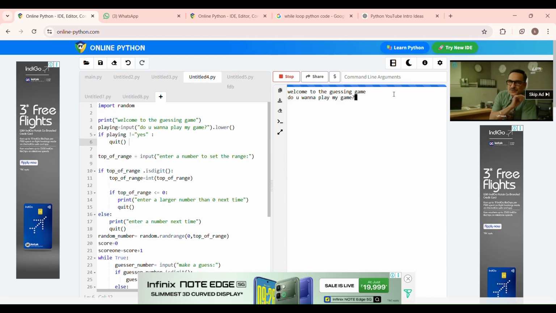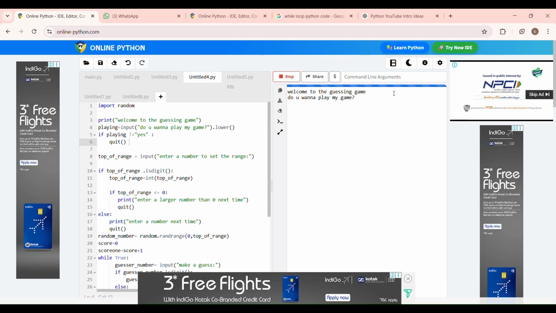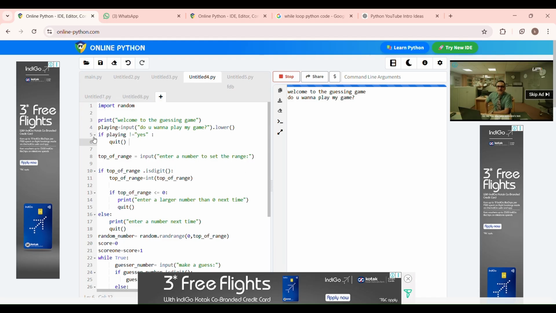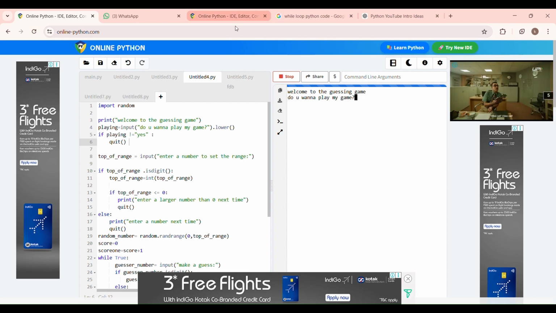Because if a user enters a name like capital N, a, m, e, then it will be taken as an error. So to avoid this, we lower all the cases. And what we did say is, if playing equals s,